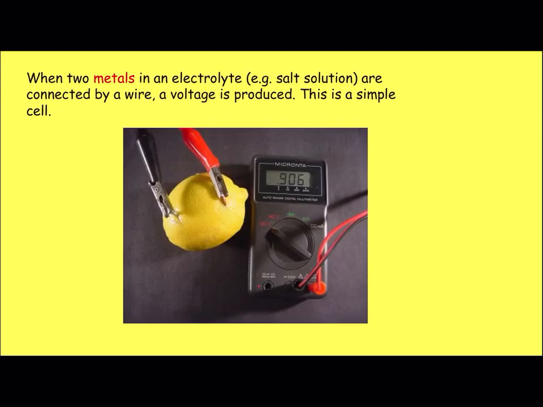And we're going to start with this very simple example that you may have seen before. Sometimes it's called a fruity battery. You may have done it at primary school, where you connect a piece of fruit, a lemon, with two metal electrodes put into the lemon, connected to a voltmeter. You may have done it where it's connected to a light bulb. If you set this up with the two pieces of metal in the fruit, the light bulb will light up. This is a very simple cell, two different metals in the fruit, and they are producing